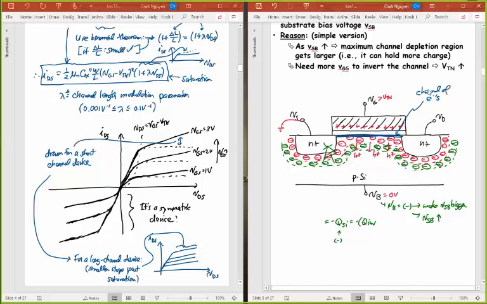This channel of electrons that I talked about here, that's Q inversion, plus all of that depletion charge, that's the fixed static charge. Q inversion is due to electrons, and this Q depletion here is due to fixed charge